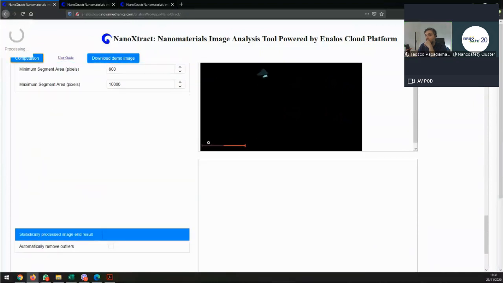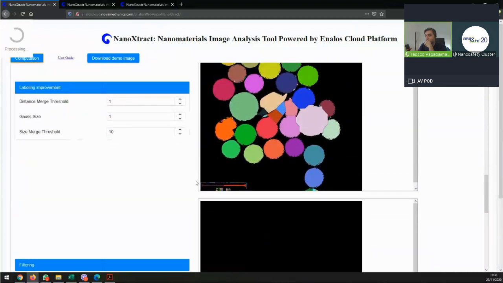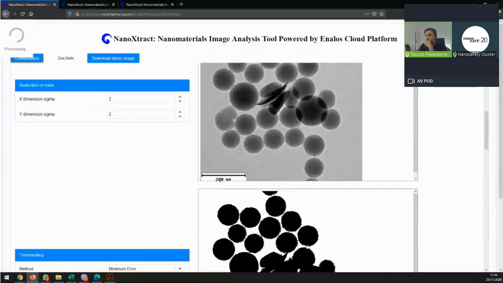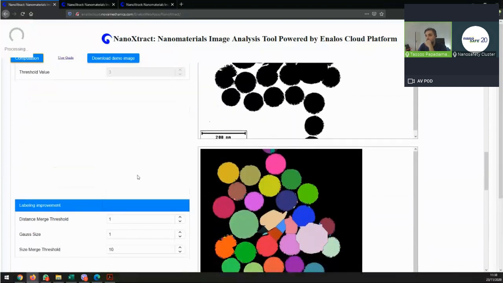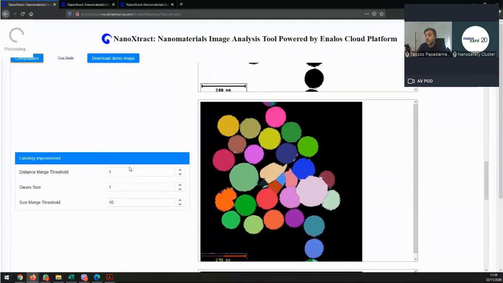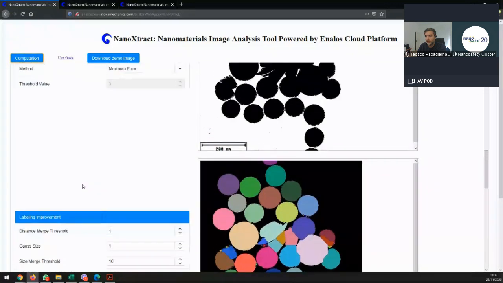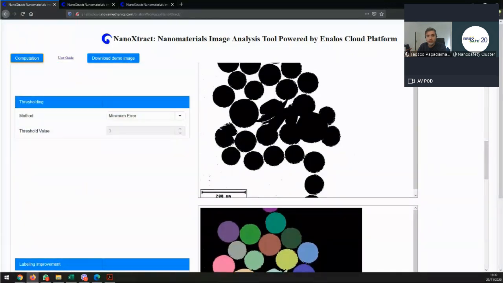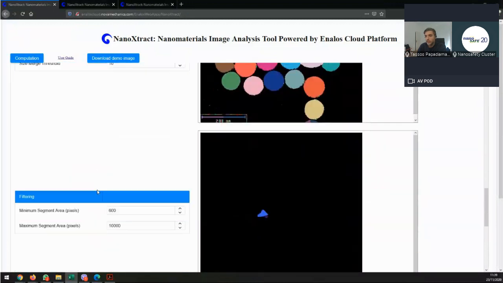You see here that when you get to this part, it still identifies the scale bar because it's in white over here. Strange. So again, it doesn't work.